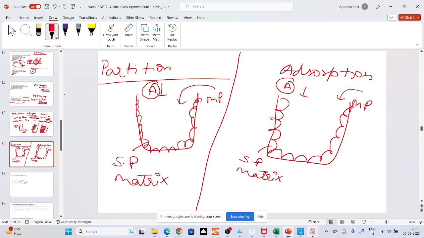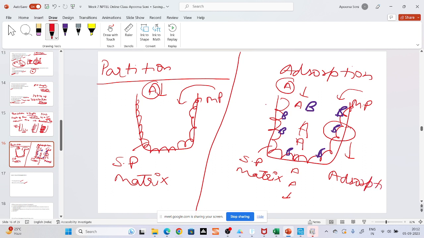Now, in the case of analytes, what happened? Suppose this analyte has two things, A and B. Now, this B has the affinity for the matrix. So, B will bind to the matrix. But A does not have the ability, so A will just come out. So this B is bound to the matrix. This binding is actually your